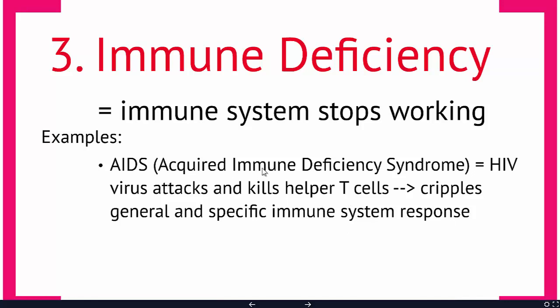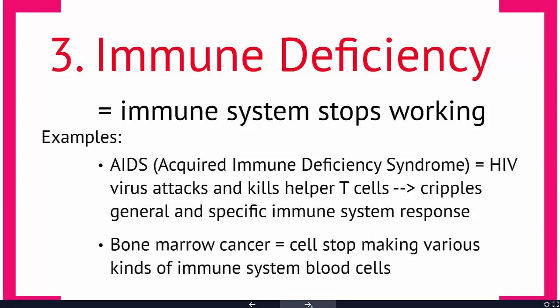So acquired immune deficiency syndrome, this just means that your immune system stops working. People who have HIV, if they don't survive, it's because they die from some other kind of fungal infection or respiratory infection. There are a number of medications that you can take that will help reduce your HIV load and thus keep your helper T cells up. But it is a rigorous regime. There are side effects to these medications, and you have to take them for the rest of your life.